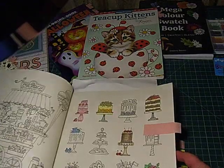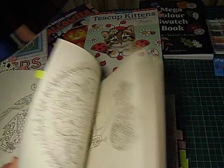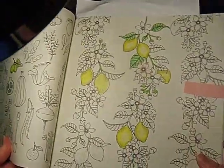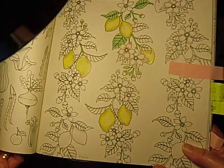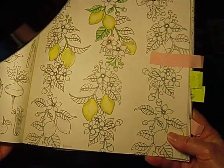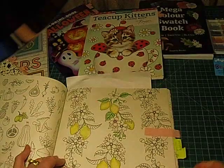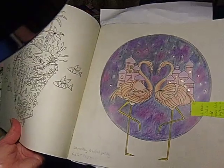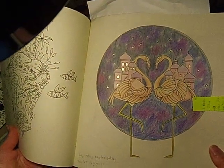What were they? Prismacolor? Oh no, various colours those were. What about that one? Oh, yeah, Faber Castell. Okay, and these lemons, I just love this page. I've seen it finished, of course, on many pages, and I think it's just beautiful. It's so simple. I use Prismacolor, and I think I'll probably finish that fairly soon because I enjoyed doing it. Really easy to do. This one was inspired by Joanna Basford's gallery, and I used Faber Castell polychromos, but